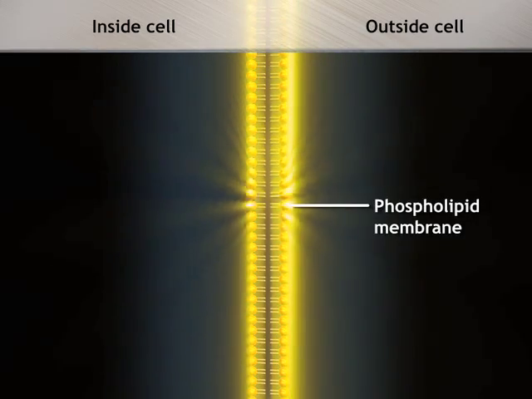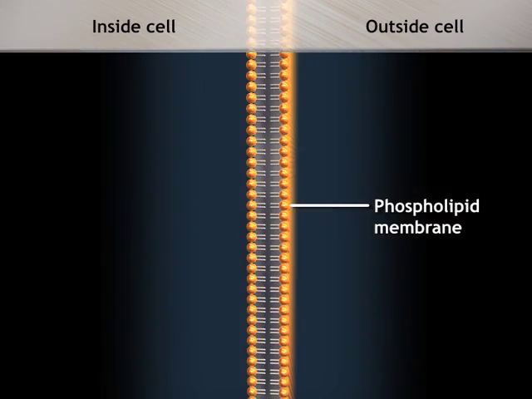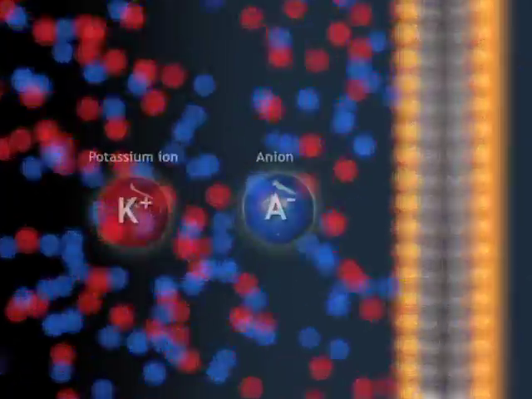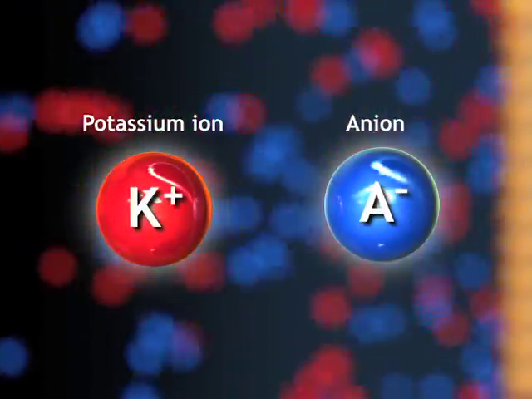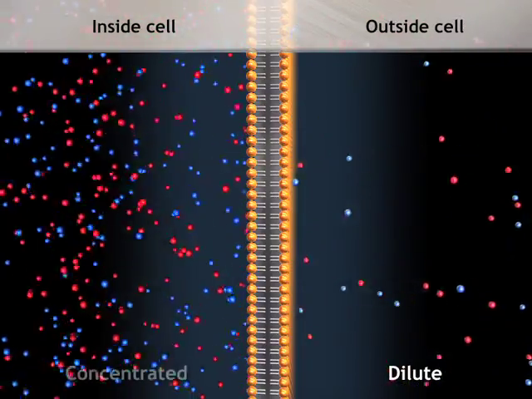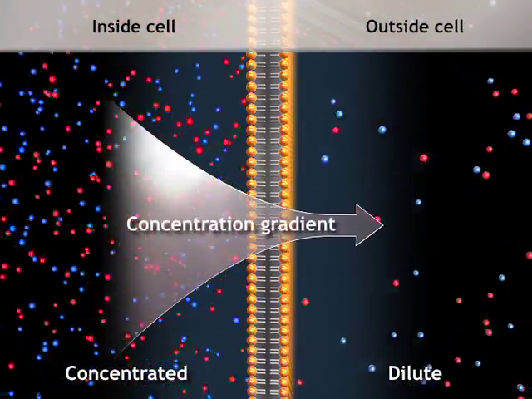These two chambers represent the inside and outside of a biological cell. A phospholipid membrane separates the two chambers. Both chambers contain a potassium salt dissolved in water as potassium ions and anions. The salt is 20 times more dilute on the outside of the cell than the inside, creating a steep concentration